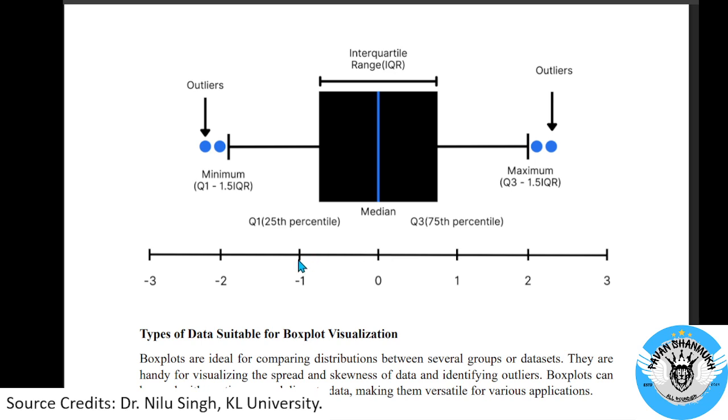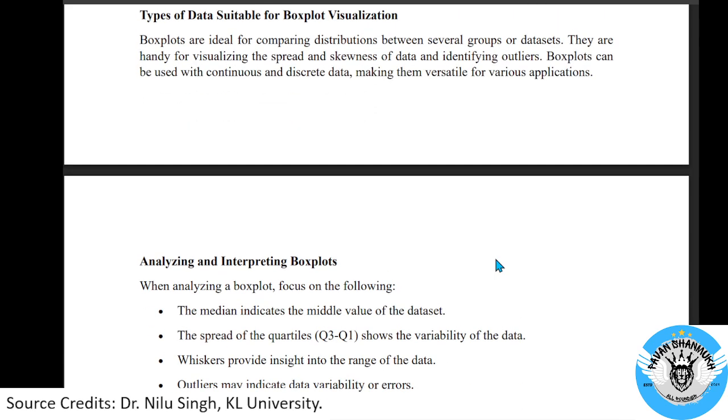So you can see where the 25th percentile falls, where Q3 falls, where Q1 falls, where Q2 falls, what is the minimum and what is the maximum. So you can see here clearly. So now we have